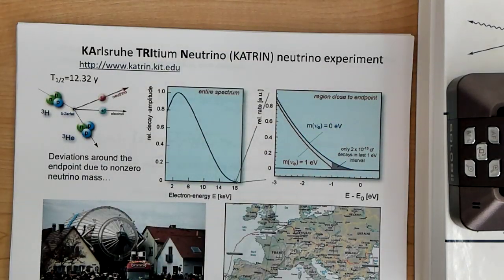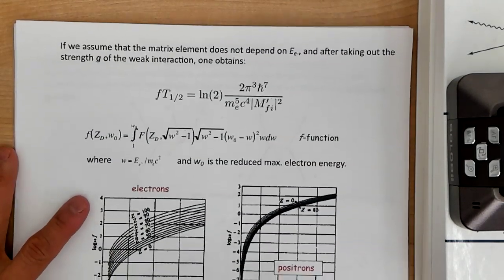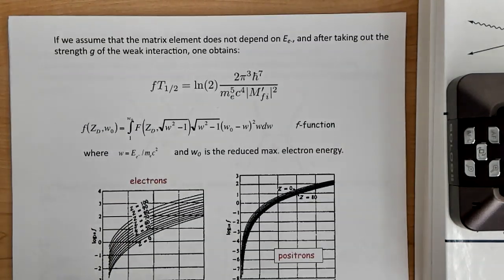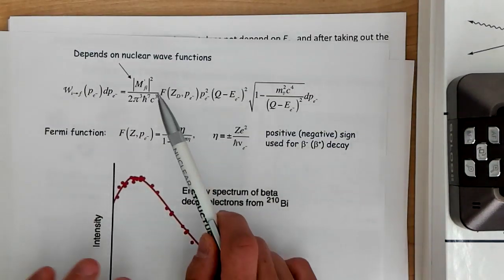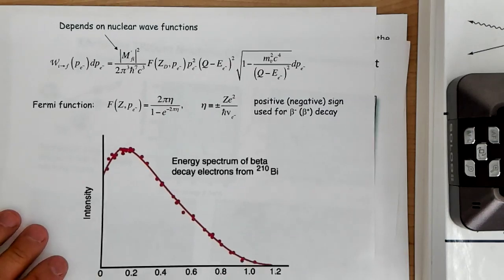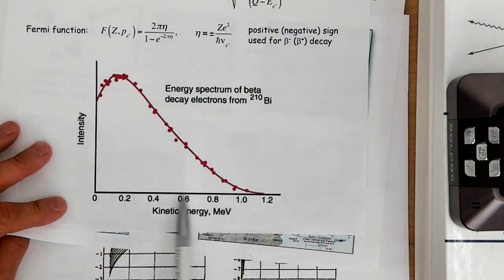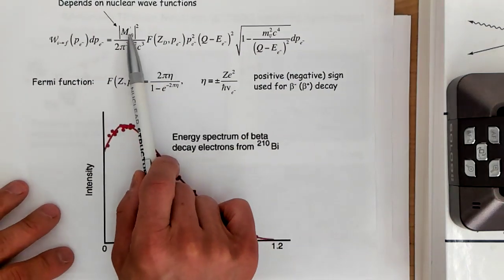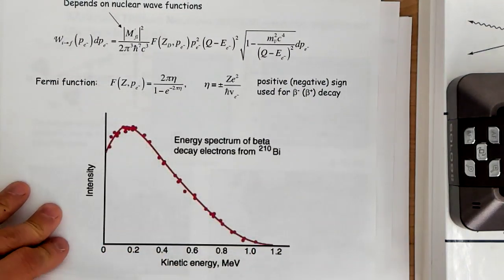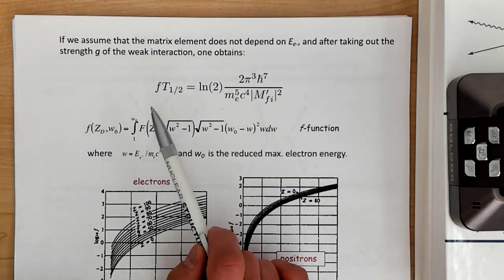Now, we already talked about the Ketrin experiment, so let's now skip to where we want to start this lecture. If we make the assumption that the nuclear matrix element, meaning this guy here, is relatively insensitive to the small variations in the energy, see the energy range for this beta decay is on the order of about 1 mega electron volts. If the amplitude is not changing very much in that region, and typically you would think not, then you can make the approximation that